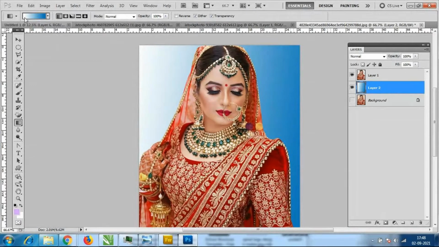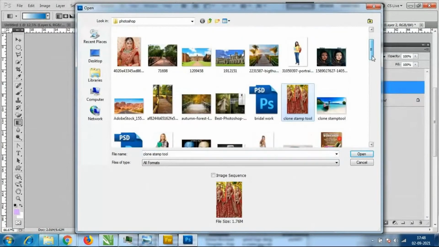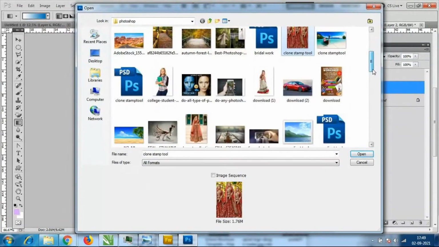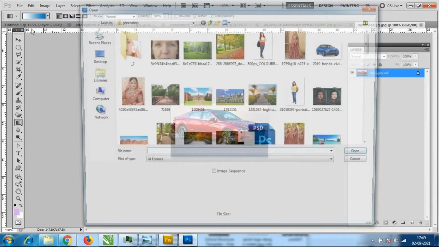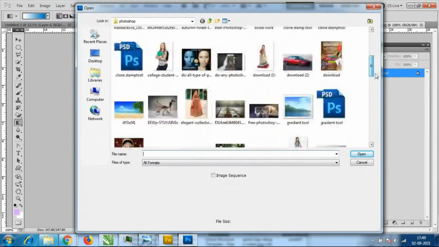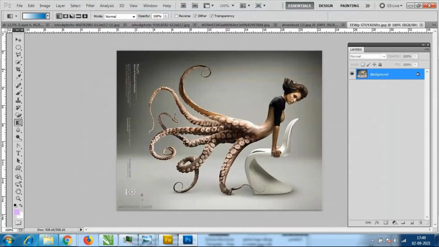Okay, so this kind of tool we have to use for any dark color background. See, this kind of design, which is having the dark color background. So now we have to remove the background separately. See, now this kind of image, see. So how difficult it is.